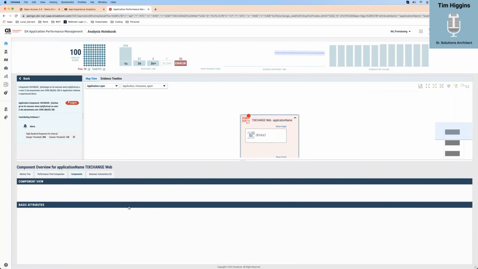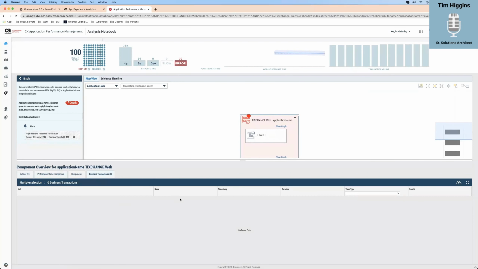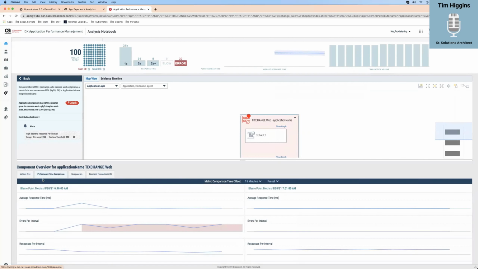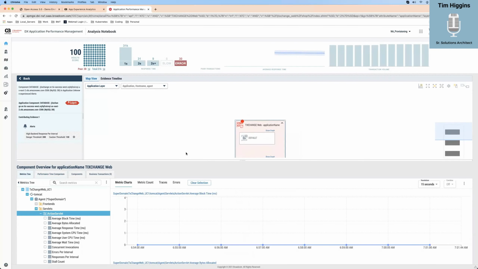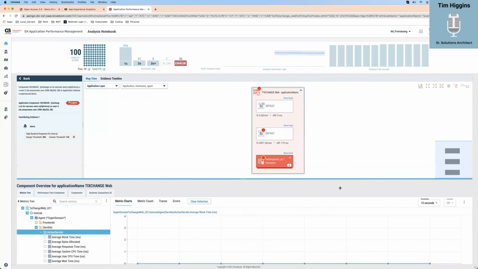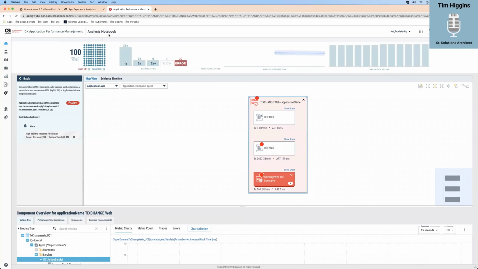And I stopped running the simulation, so that's one of the reasons why. Now, I have no business transactions just because it's the database, there are no transactions going on right now. But as you can see, what we looked at earlier is that you started with the user's perspective, and then it brought us over to this view right here that allowed us to do a lot of work in it. This is your average response time.